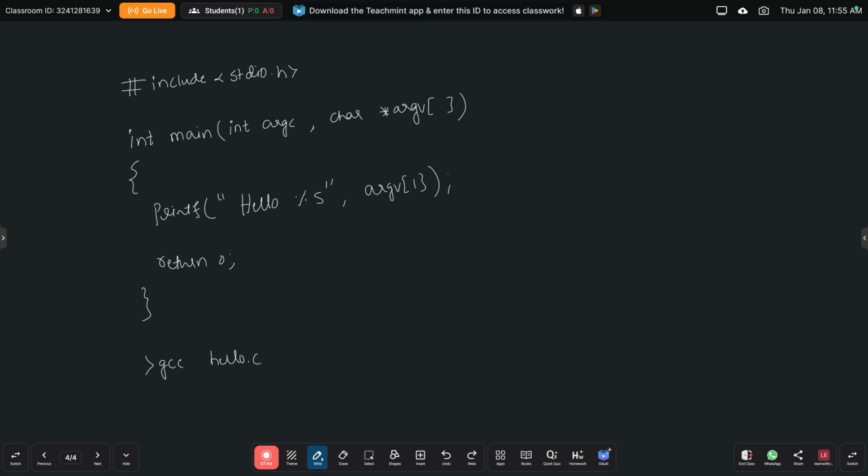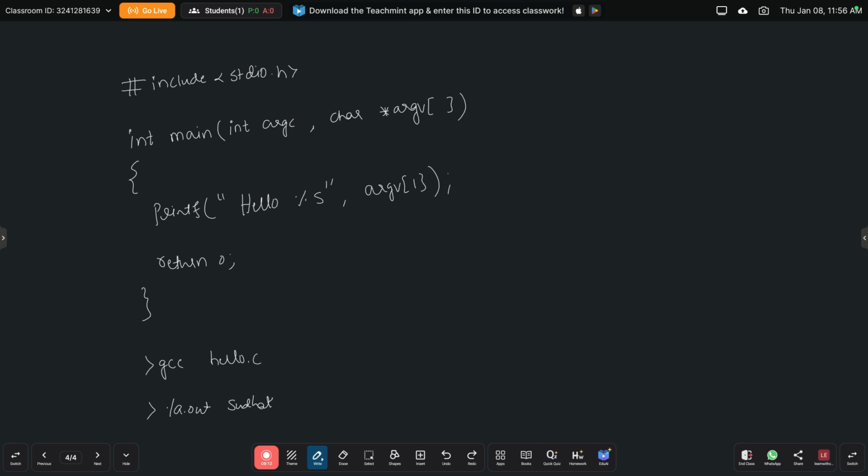Now it is going to create an executable file with the name a.out. If you want to give some other name, that is also possible, we can rename it. As of now I'm not renaming it, so if there are no errors, we can execute the program. While executing, what I have to do is simple: dot slash a.out